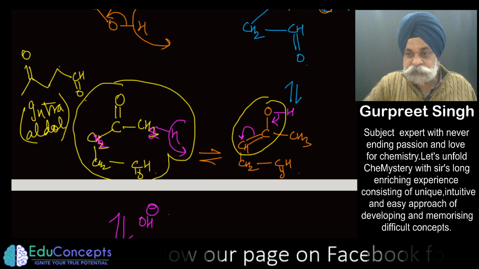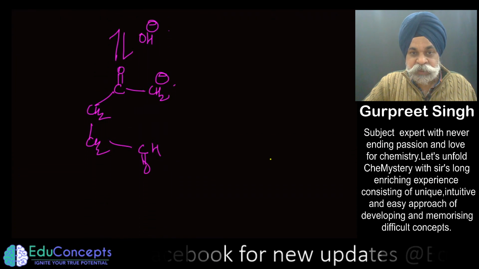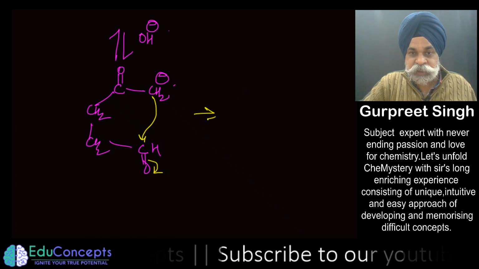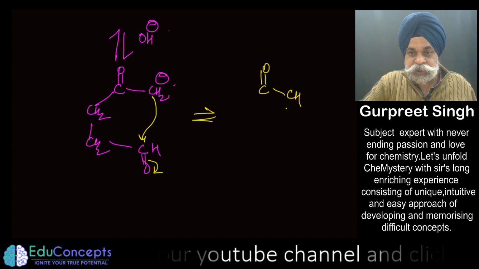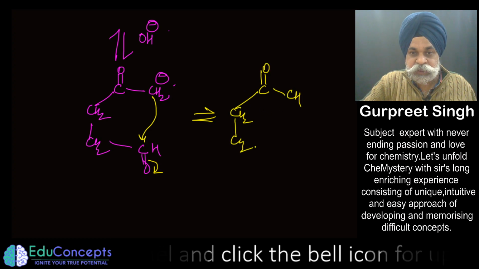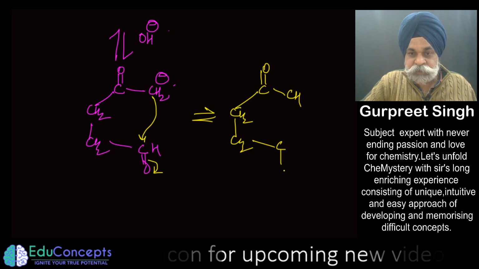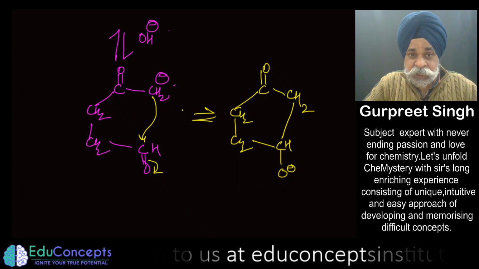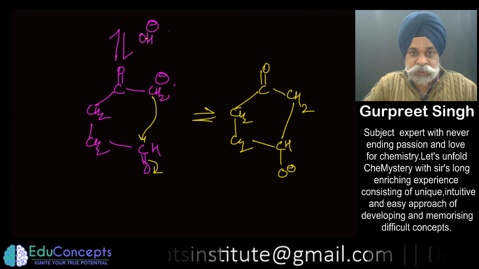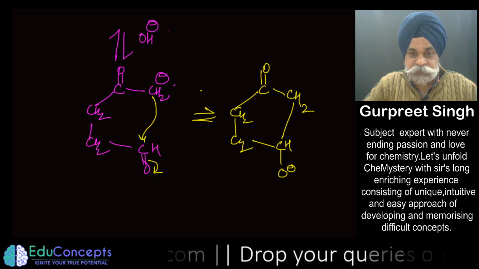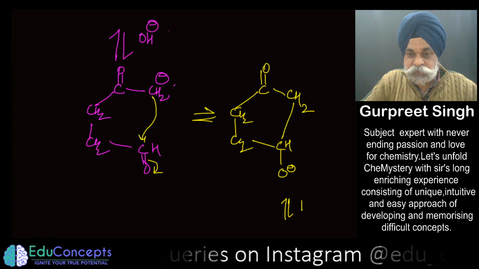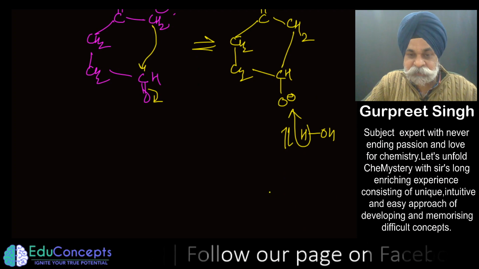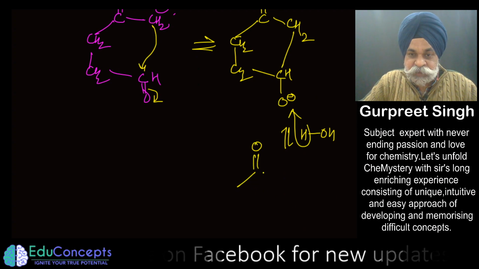Now if it goes within the molecule, this is what I'm doing. So this is going to attack this. This goes here. So what shall I be getting now? CO, CH, and here comes the CH2, CH2. So this would become O negative and H, and this joins with it. And since this OH negative has taken out that, water again would give you a positive from here. So basically you end up getting what we started with.